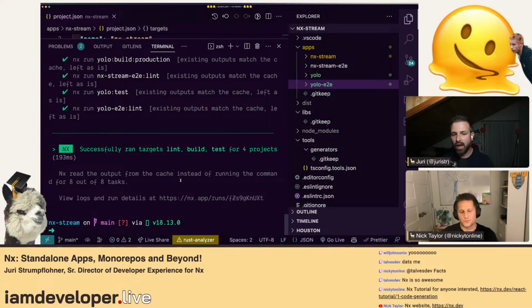And another one: I'm a new person on the team, I just joined, I get the project set up on my computer, and I run a build the first time, and it's instantaneous because everybody else has already run it. Super cool.